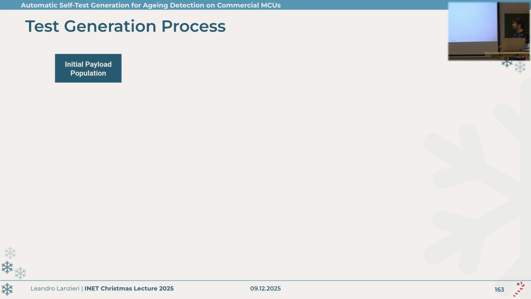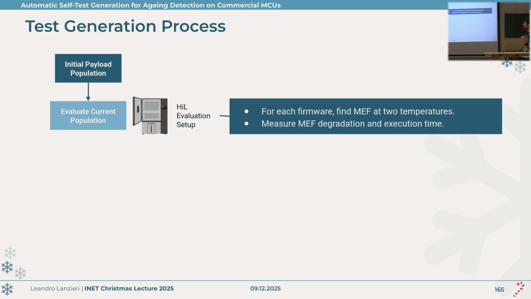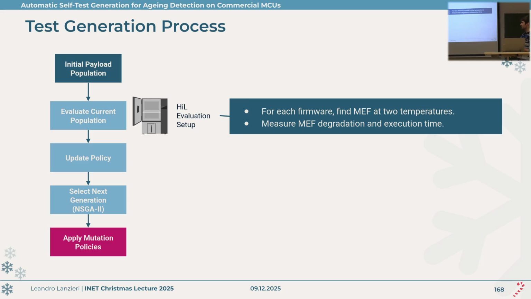The idea is that we have an initial set of payloads, so firmwares that we generate automatically. We evaluate them on the hardware-in-the-loop setup that we showed before. Here we calculate the maximum error-free frequency at 2 temperatures, calculate all of the other metrics like the execution time, and observe the error transition. With this collection of payloads, we can update a policy that would modify them. We select the next generation of payloads based on how well they did,